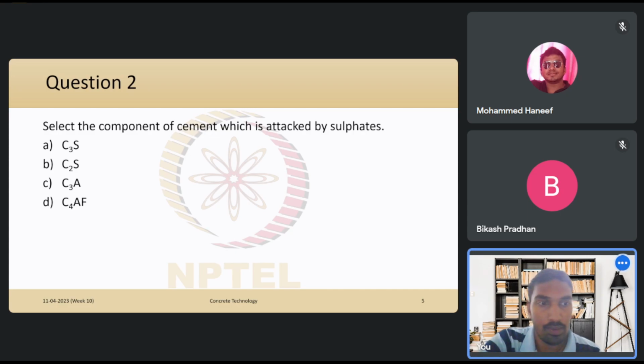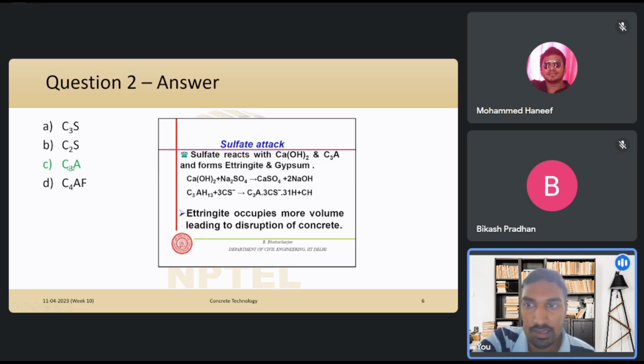Okay, so we have one vote for B and one for C. So the right option is C, C3A. Right, so as I said earlier,